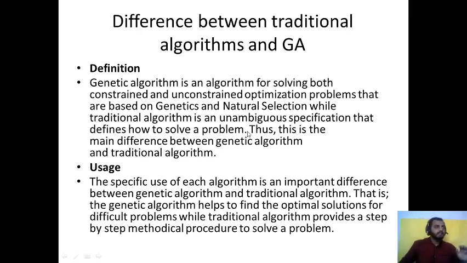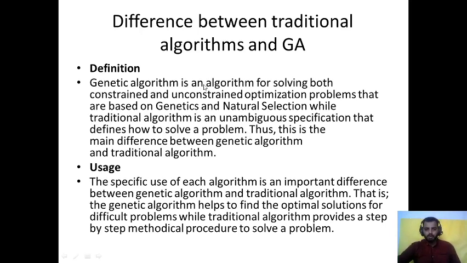In traditional algorithms, it takes a sequence of inputs and tries to resolve that input and give a proper output, whereas in genetic algorithms it resolves based on the input that it has already got. Based on that, it resolves the problem. Now we'll read it again so that it will be clear for all of us.